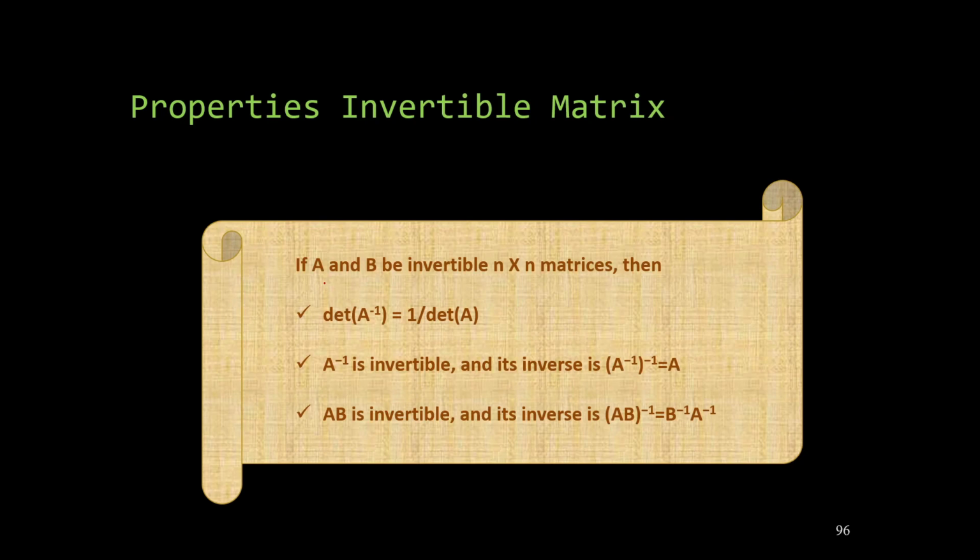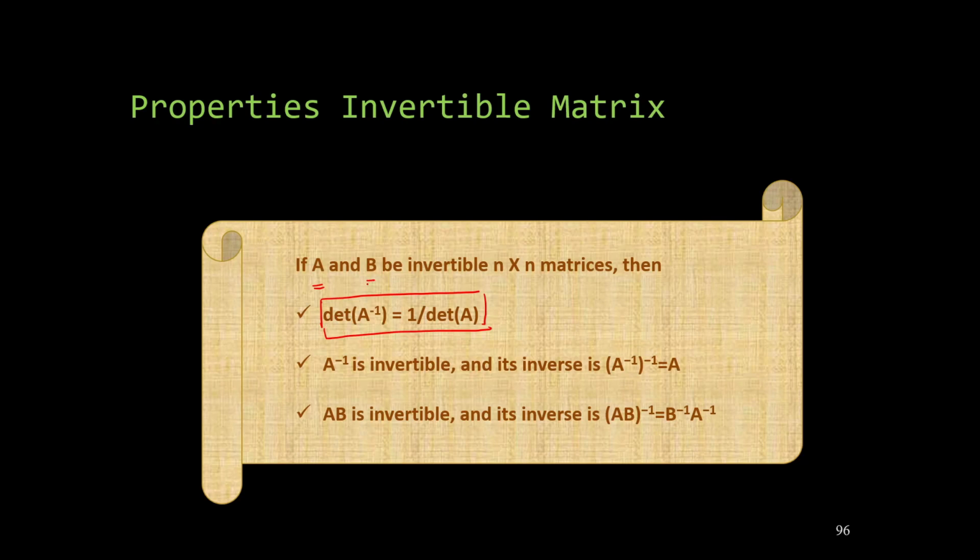So if A is an invertible matrix, an n by n matrix, then we have this thing which we have studied in the previous tutorial as well. The determinant of A inverse would be 1 by determinant of A. So you can prove these properties by taking any matrix and using some calculator or tool, or you can do it manually also. But these are some properties which you can keep in mind when working with matrices.